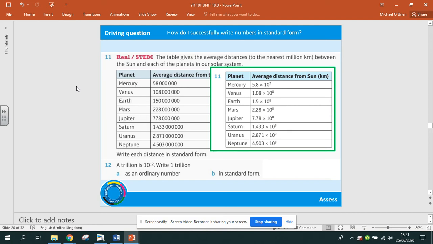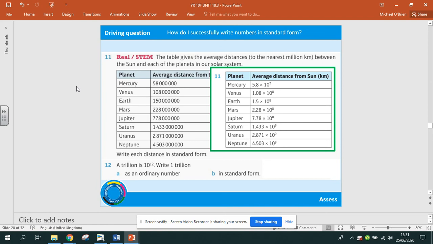Planets, we have Mercury, 5.8 times 10 to the 7th, Venus, 10.8 times 10 to the 8th, Earth, 1.5 times 10 to the 8th, so not really very far away from Venus, Mars, 2.28 times 10 to the 8th, Jupiter, 7.78 times 10 to the 8th, Saturn, 1.433 times 10 to the 9th, and Uranus, 2.781 times 10 to the 9th, and Neptune, which is a huge distance away,